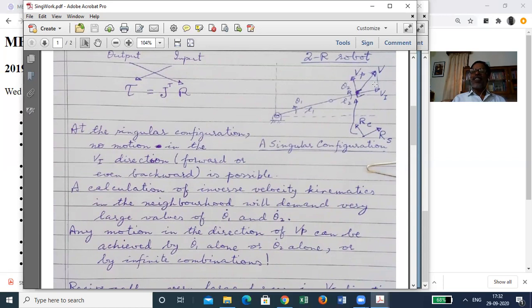No torque here or here, no joint torque, okay, will produce a force in this direction. And that means in this direction, if a force is applied from the environment, it will be sustained without any joint effort. Okay. So at singularity of this kind, which is the prevalent kind in the case of serial manipulators, at singular points,